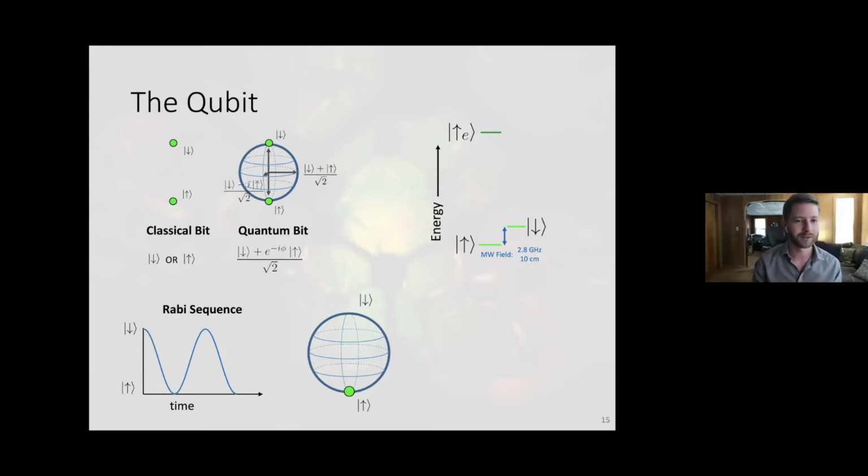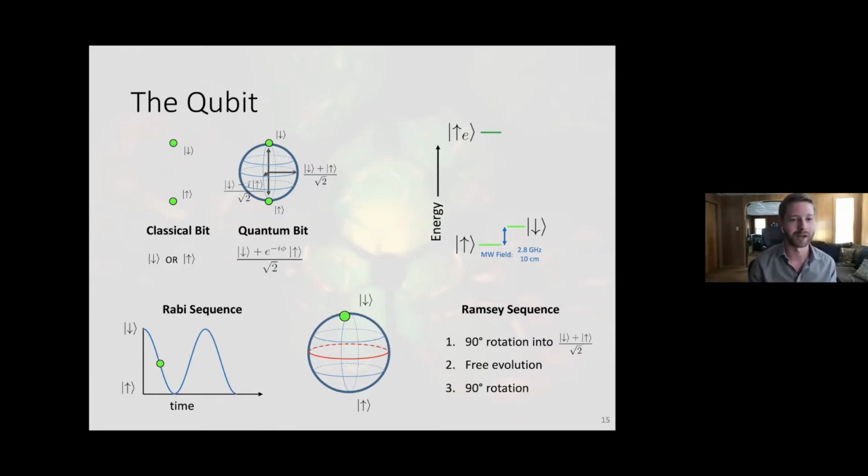And then the other sequence is a Ramsey sequence, which we can take information we learned from our Rabi sequence. So first we'll reset the spin, and now we'll just drive it about 90 degrees such that we're sitting on the equator. And at that point, we turn off the microwave field. And when the microwave field is off, this is going to start to precess around the equator in free evolution. And then we can just complete it by rotating it back up to either the spin down or spin up to finish the readout of the state.